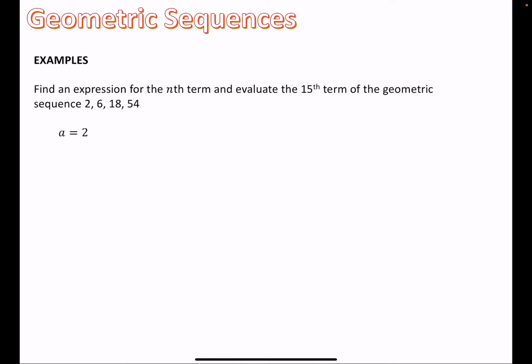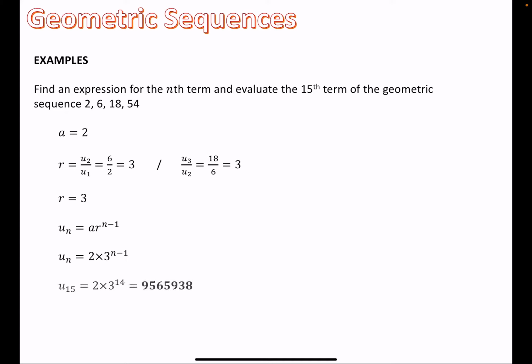So the first term is definitely 2, and we can check the common ratio a couple of times. 6 divided by 2, 18 divided by 6, and even 54 divided by 18 all come out as 3. So our R value is just 3. Using the general term for a geometric sequence, UN equals AR to the power of N minus 1. A is 2, R is 3, so our general term is 2 times 3 to the power of N minus 1. So the 15th term will be 2 times 3 to the power of 14, which is